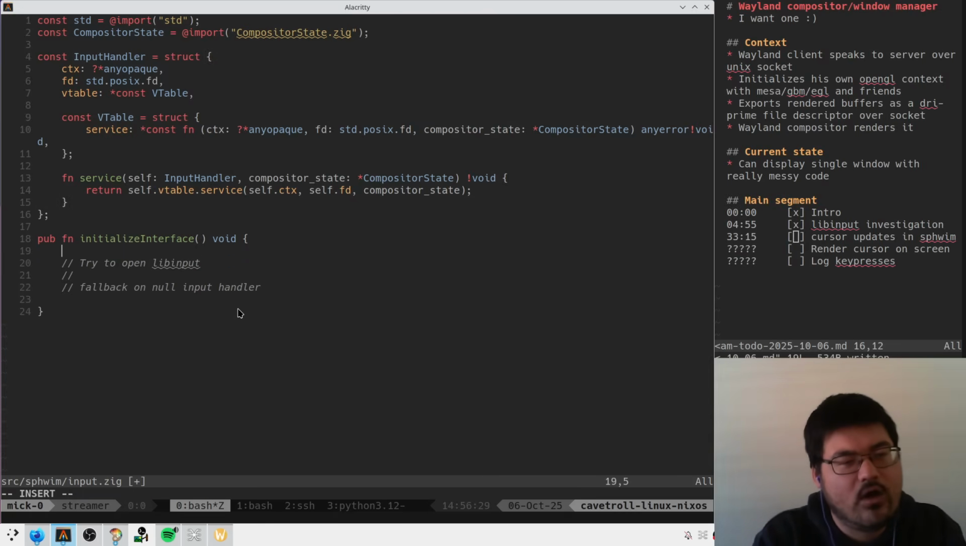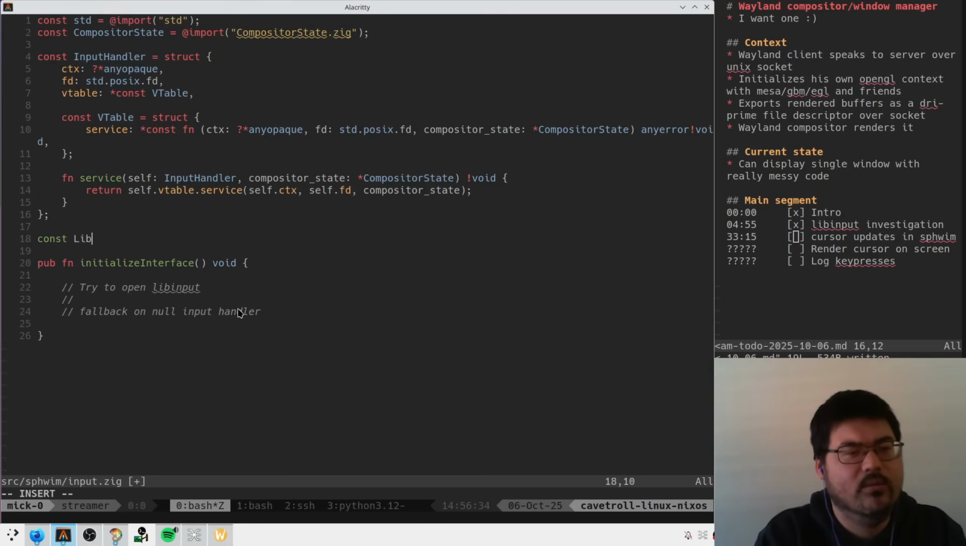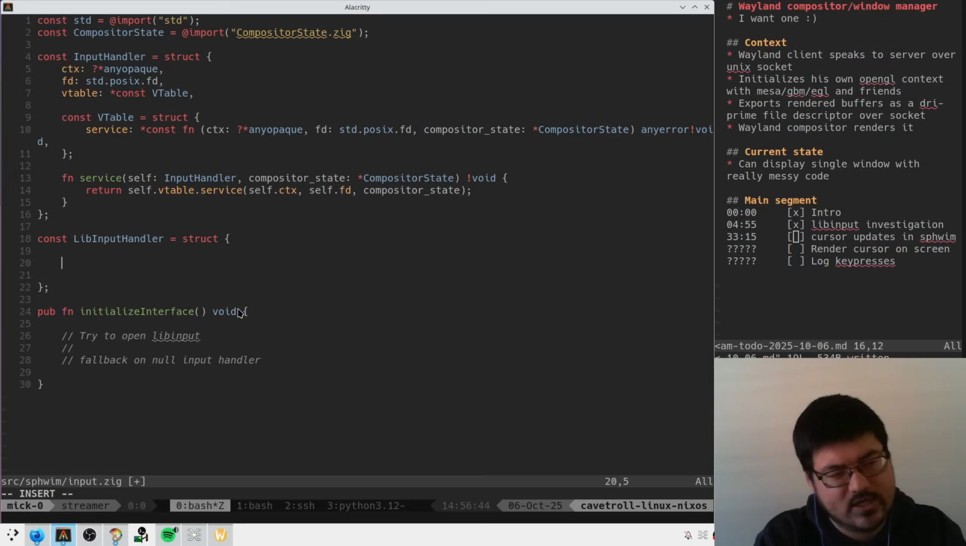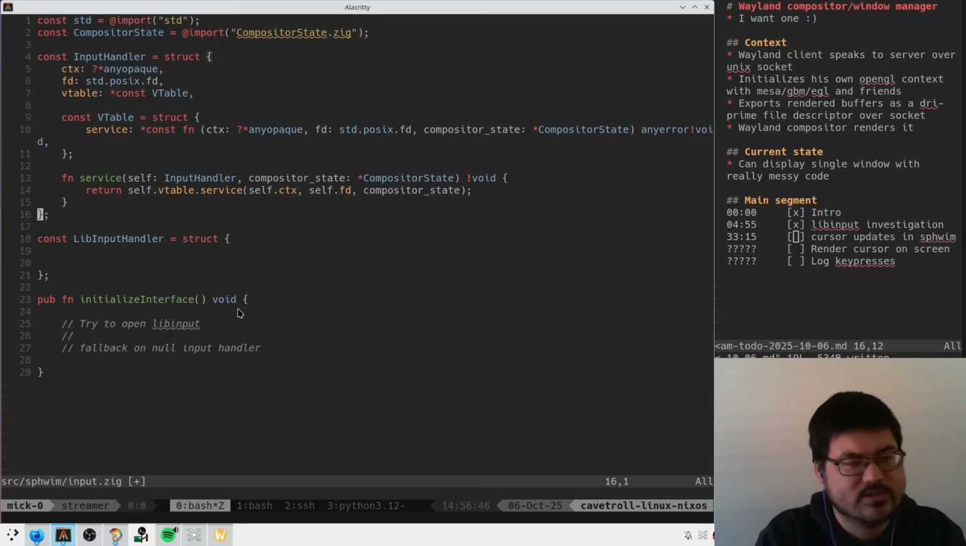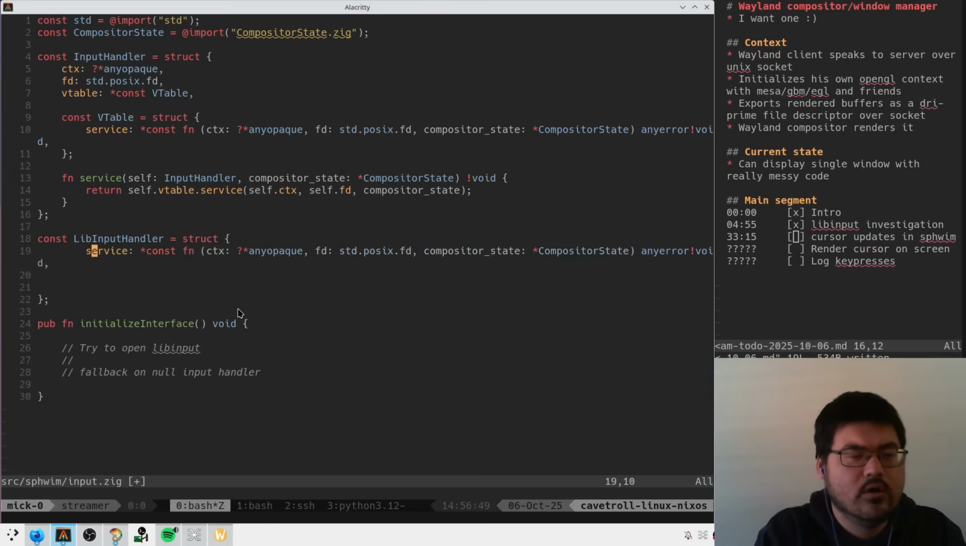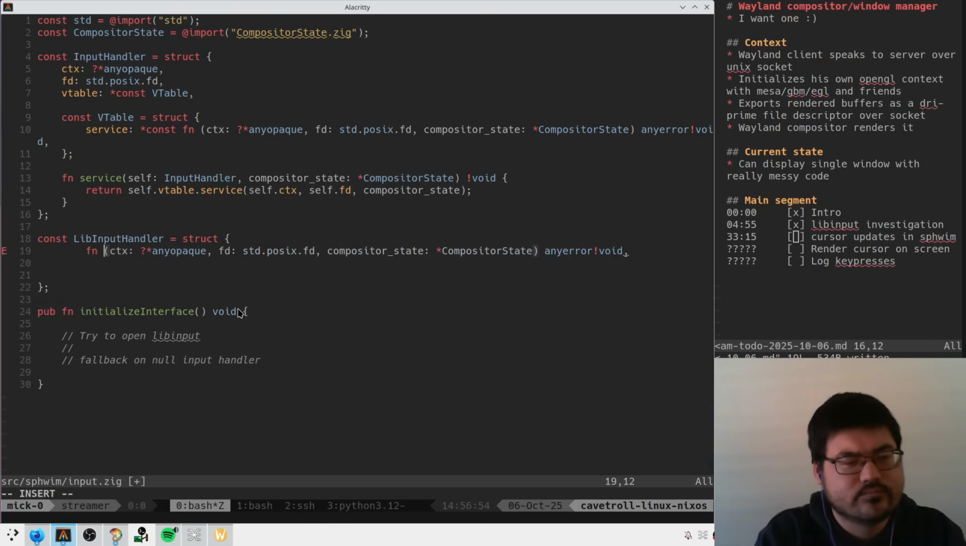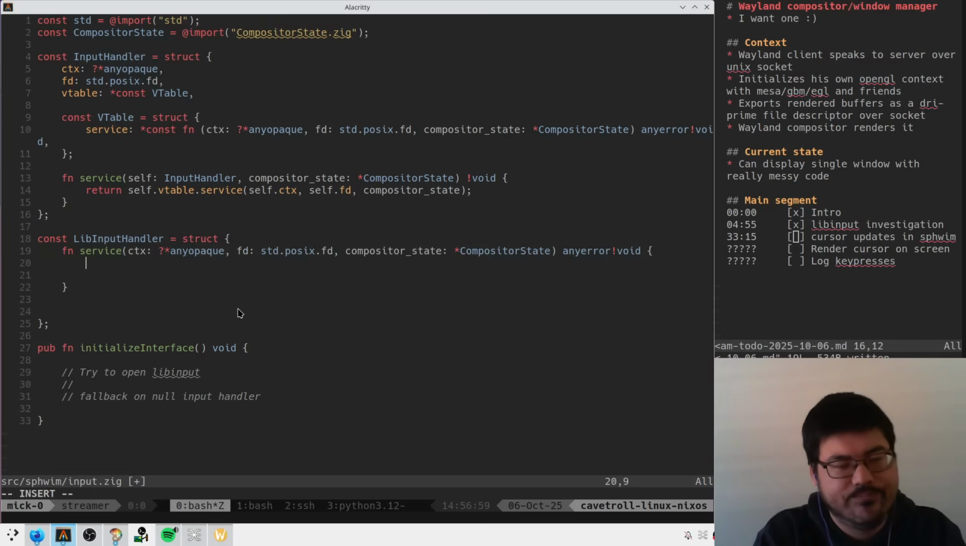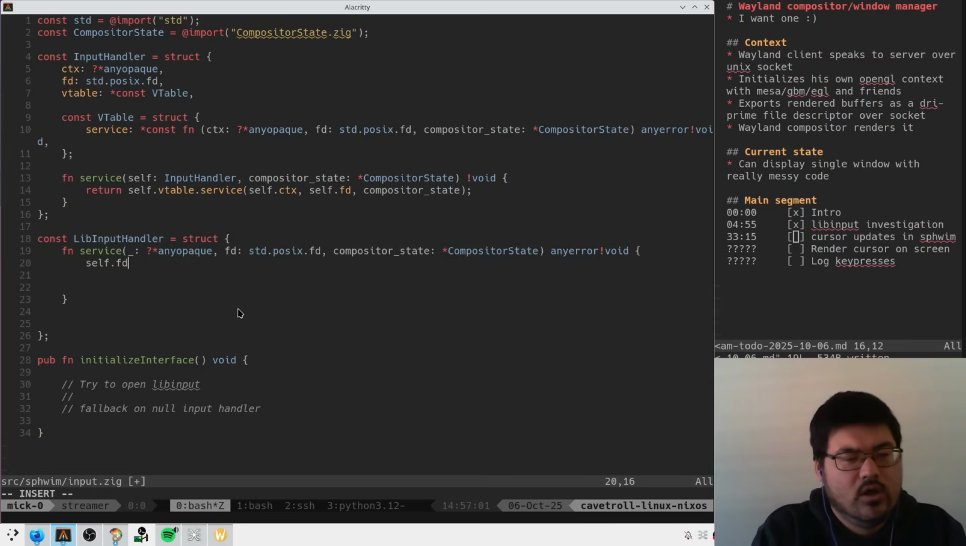Okay. So now, I guess here what we'll do is we'll have a libinput handler, right? And it is going to have some function service that implements this. Boom, bang, boom. Who knows what it's gonna do? But we know it's gonna exist. And this is gonna be like, you know, it's gonna be like,